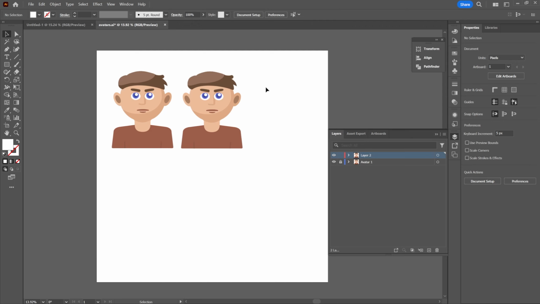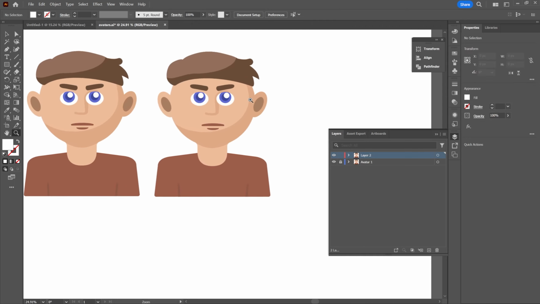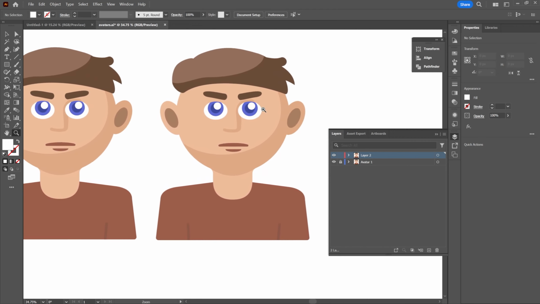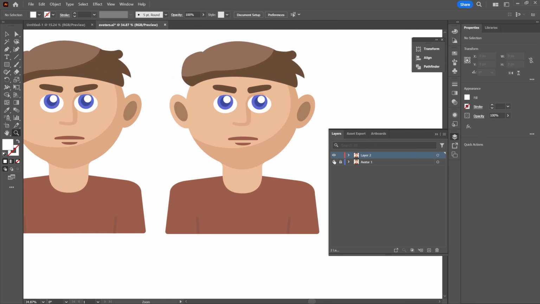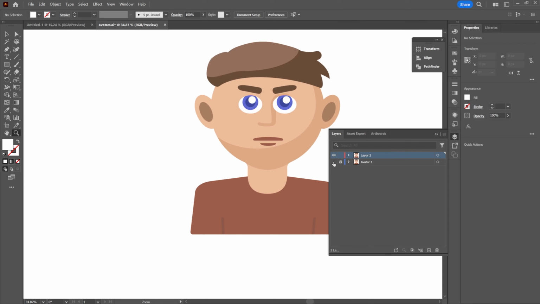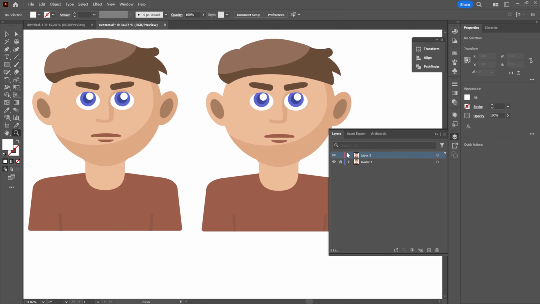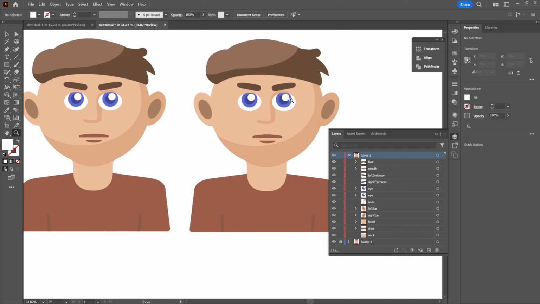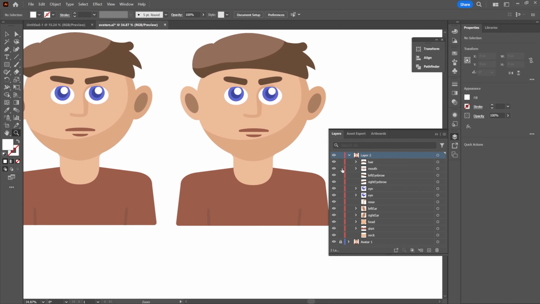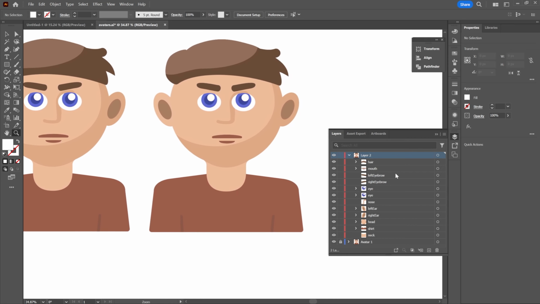Now that we have our avatar copied over, we'll want to make some modifications to it. So I'm going to go ahead and zoom in. If you don't want to be distracted, you can hide your previous avatar, or you can keep it as a reference point. We're going to go into our drop down now, and we're going to start modifying some features. Right off the bat, I know that some of the easier things to modify are my fill colors. You'll see that if I go into the eye